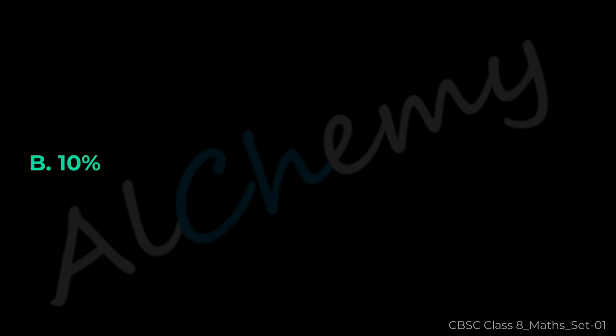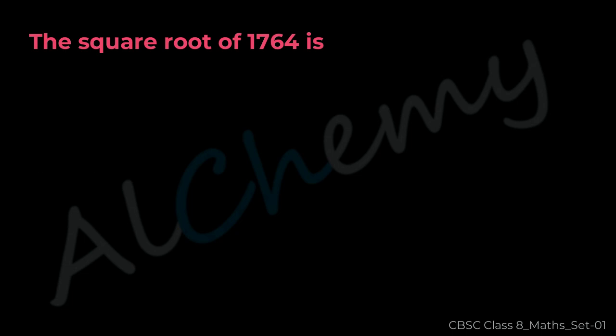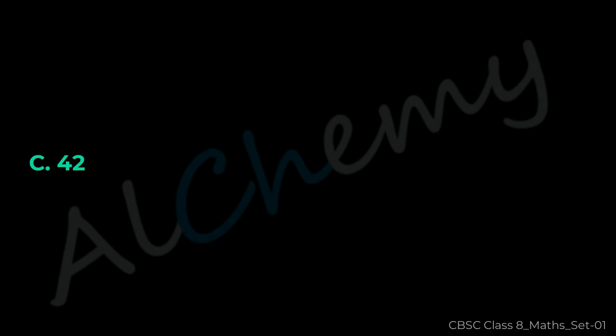10%. Question 21. The square root of 1764 is A 40, B 41, C 42, D 44. The correct answer is C